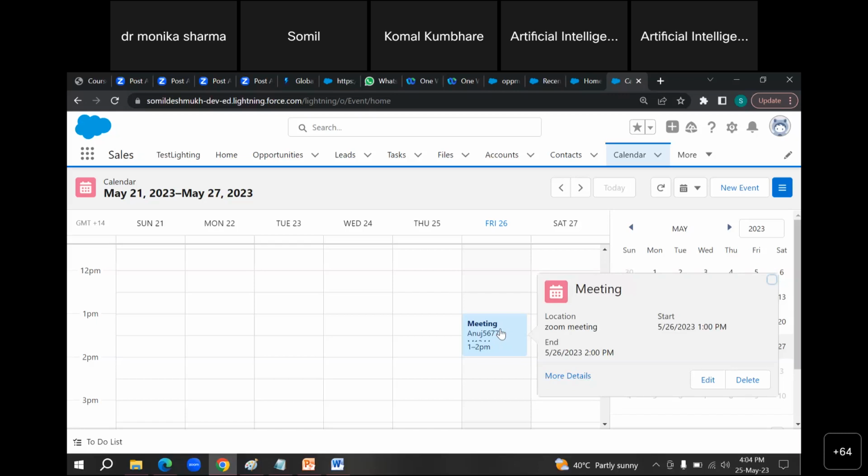But there are different options, like a webmail push or mobile push also. That facility is in a paid version, not in the free version. But that can be done. Okay, sir. Thank you, sir.